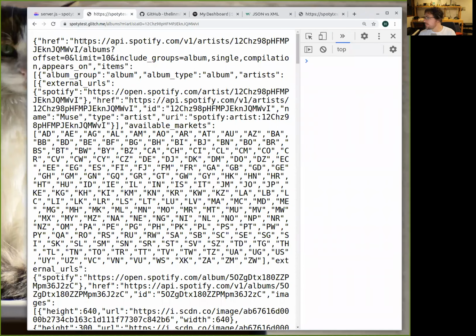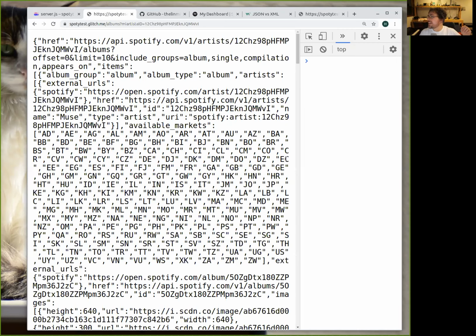Because I did not limit it, it's giving me 20, okay? You could have more, but if you only have 10, it can give you chunks, in some way. The technology should be robust. Imagine that there is an artist with 1,000 albums. It would be really problematic to give you the 1,000, because the information should travel on the web, and then you have to wait for the 1,000 and then a search for the 1,000.